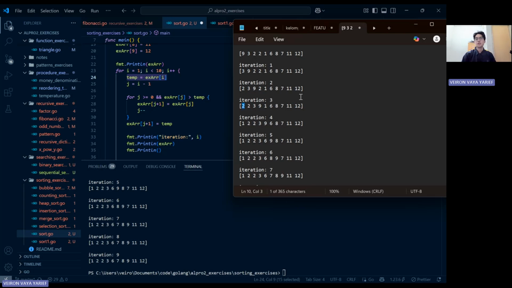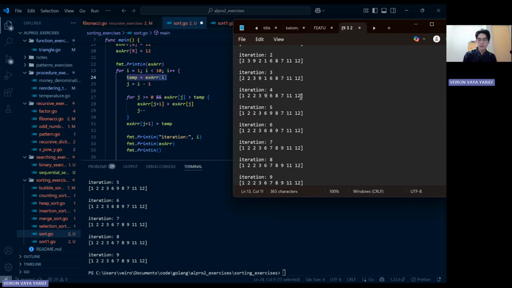Last iteration, we stop, we assign the value where we stop with the temporary value, which is 1. We get 1, 2, 2, 3, 9. Like that until the last iteration here on 12.